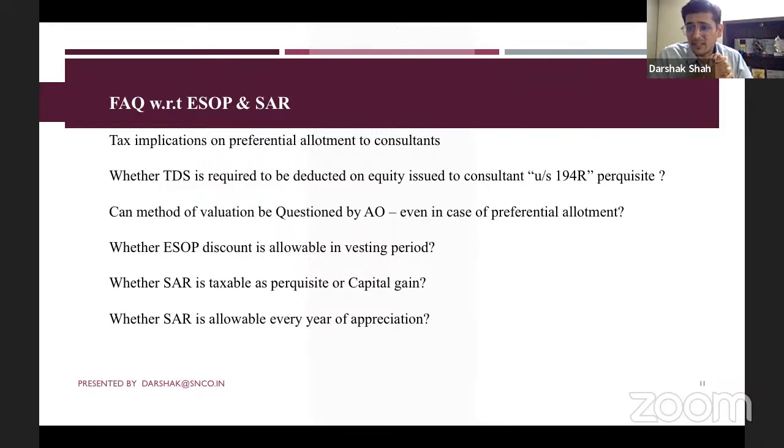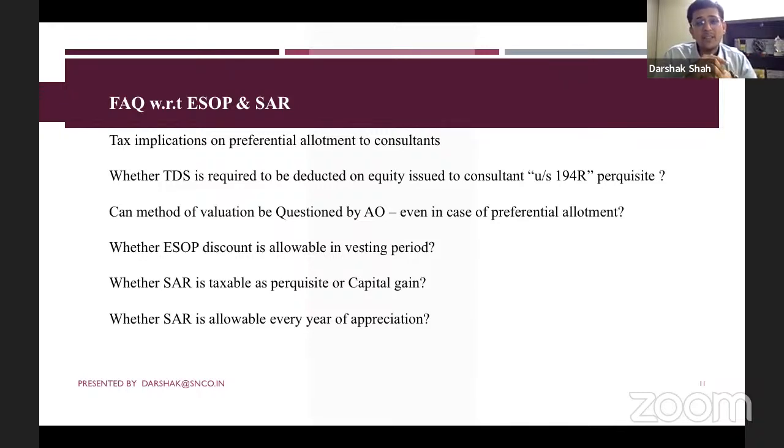Now, these are the rights which are granted to the employee. If they have been granted at the time when the person is under employment, then it is going to be considered as perquisite. However, if it is granted subsequent to the employment, or after the termination of employment, and there is some incremental revenue, then how is it going to be taxed? So when the shares are granted when the employment is continuing, in that case it would be considered as